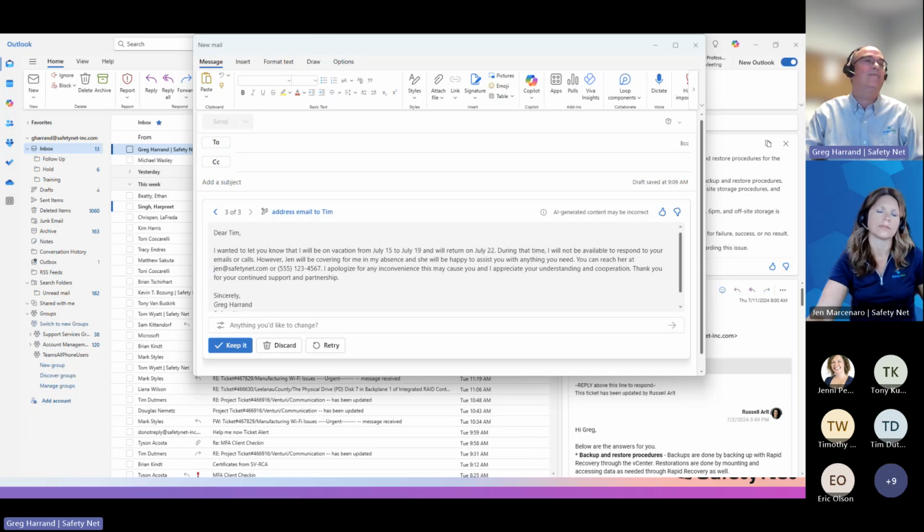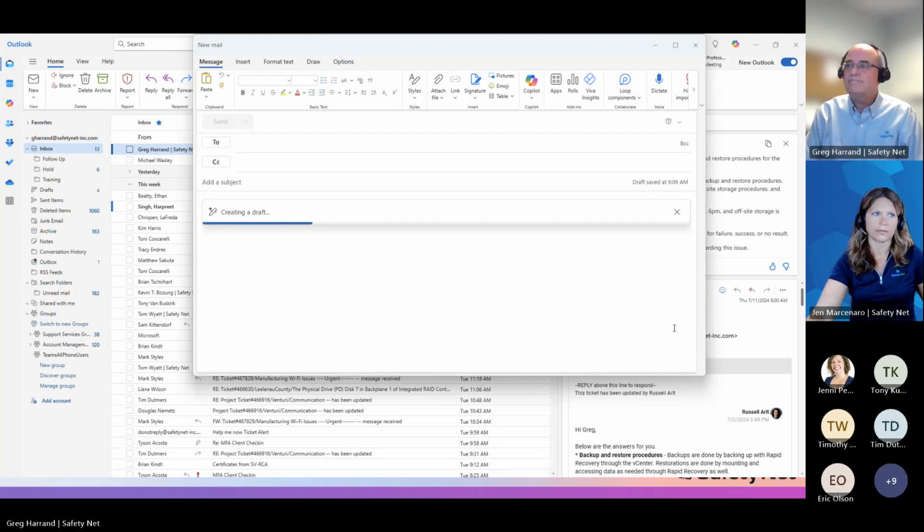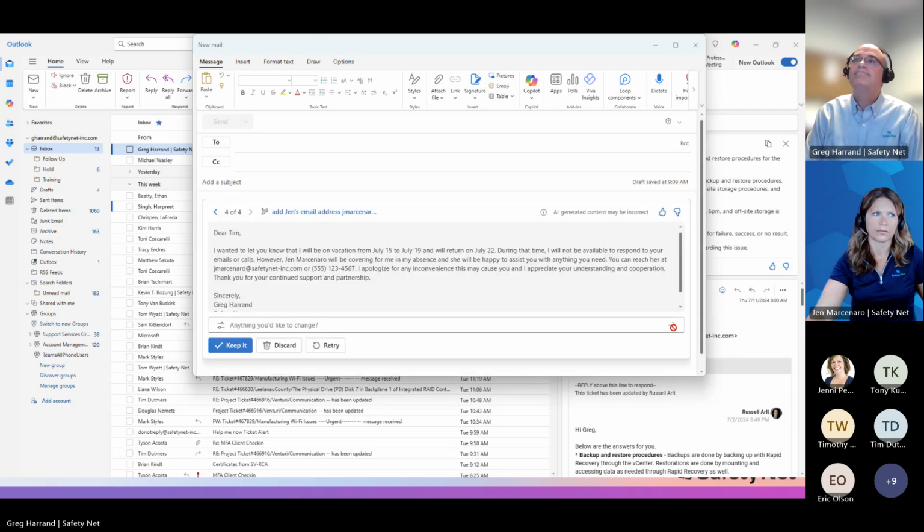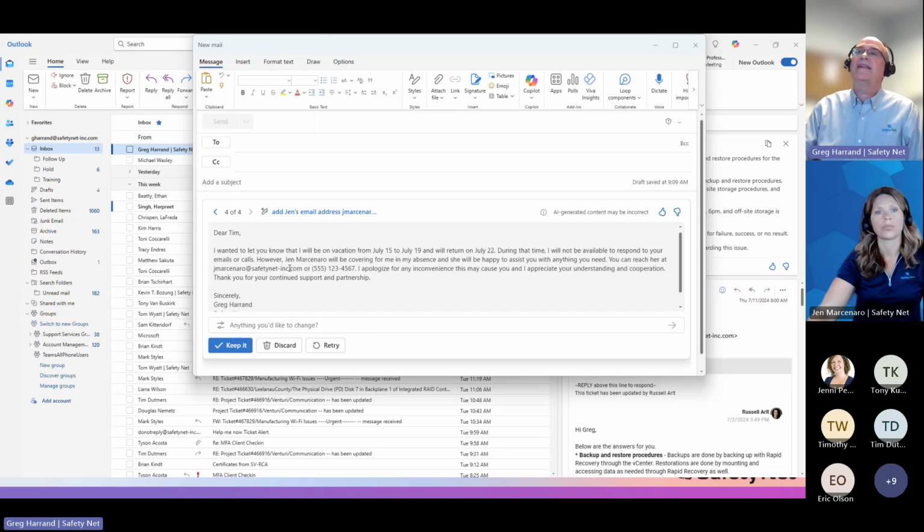It made up an email address, so I'm going to say add Jen's email address. Now to be able to respond and see now how it substituted the email address.